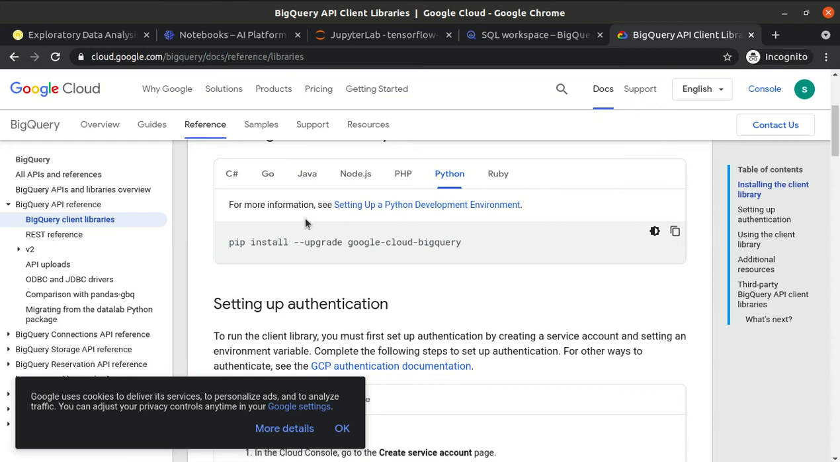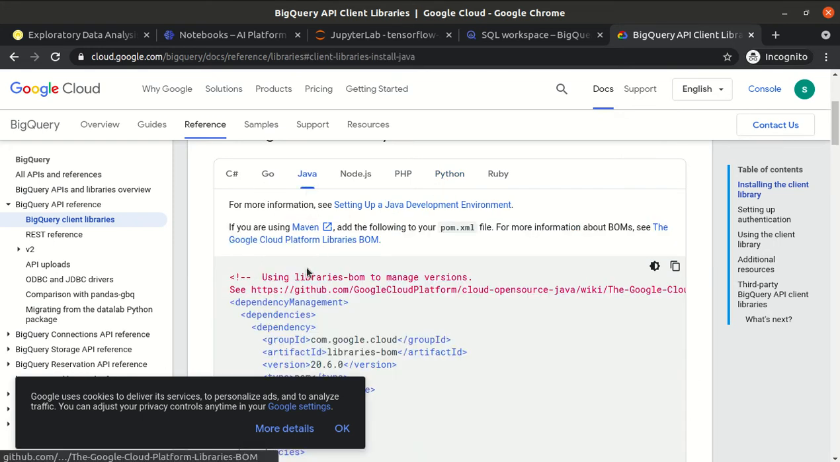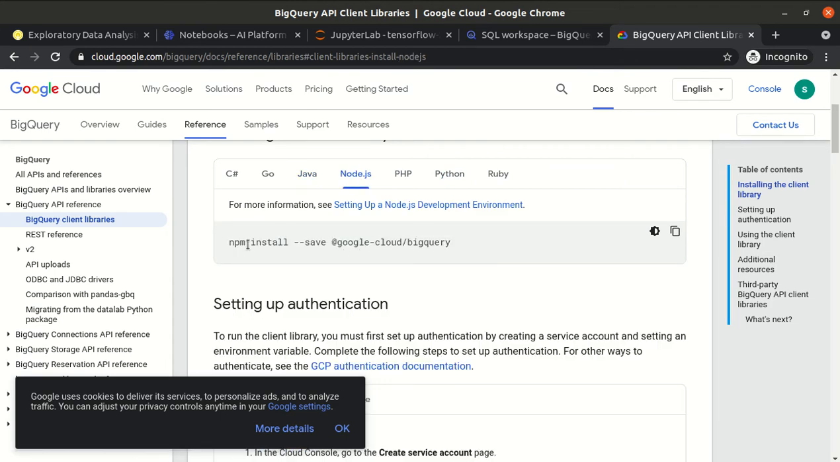So it says that if you are using Java, then you can install using this. If you are using Node.js, then you can install using npm. If you are using PHP, then install using Composer. If you are using Python, then pip. If you use Ruby, then you have to install using gem. So we are using Python, so we will install using pip install google-cloud-bigquery,